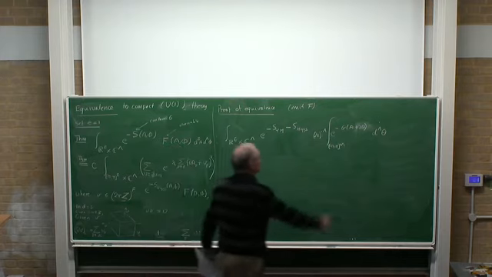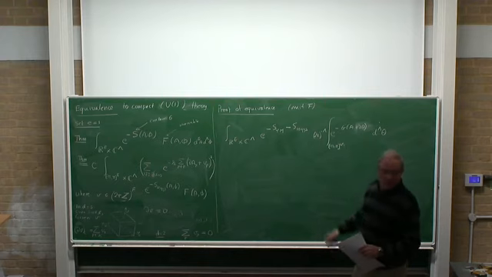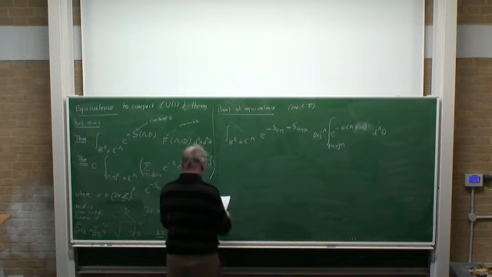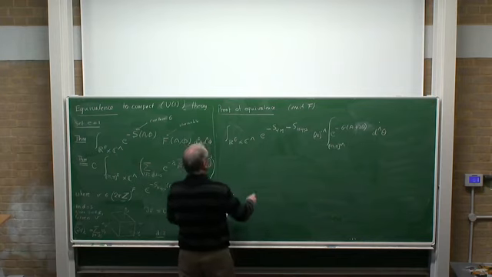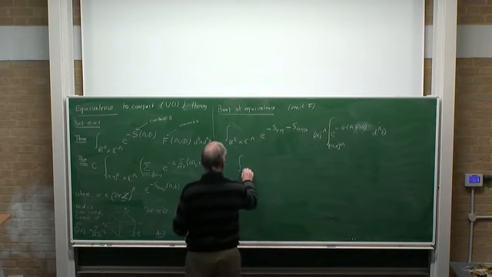But it still depends on A. I mean, we had a condition on G that it integrates up to 1, but that's under non-compact gauge transformations. So it depends on A in some strange and complicated way. Now the next step is to replace this R by